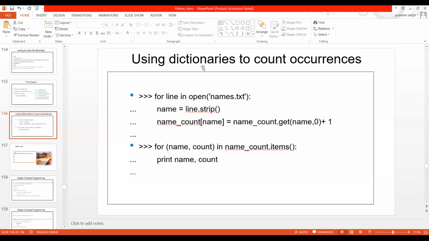My problem statement is we need to use a dictionary to count the occurrences. When I say count the occurrences, there is a file in which something must be written, or maybe my name is repeated multiple times. I want to count how many times that has occurred, or how many times my name appears in that file.